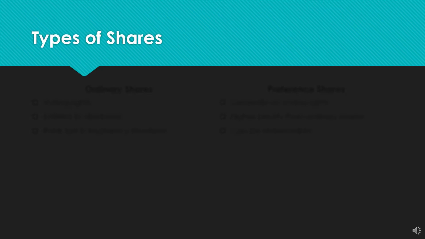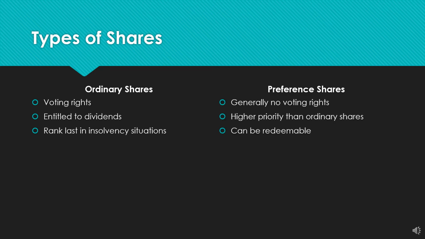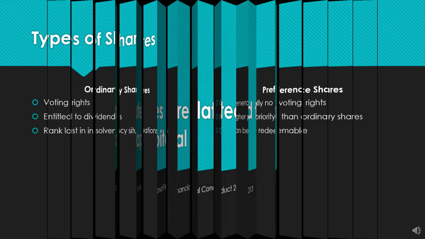When a company issues shares, these are generally in the form of ordinary shares. However, there are other types, which include preferential shares. Where ordinary shareholders have voting rights and entitlements to dividends should the company pay out, preferential shares generally have no voting rights and can be redeemable. A preferred shareholder has higher priority over ordinary shareholders and is paid out first should the company become insolvent. They are often used as a way to